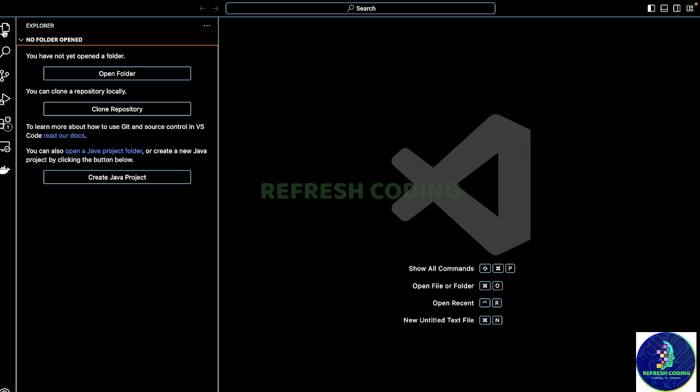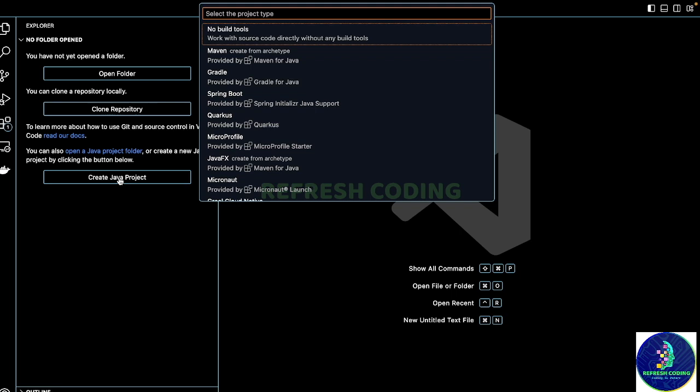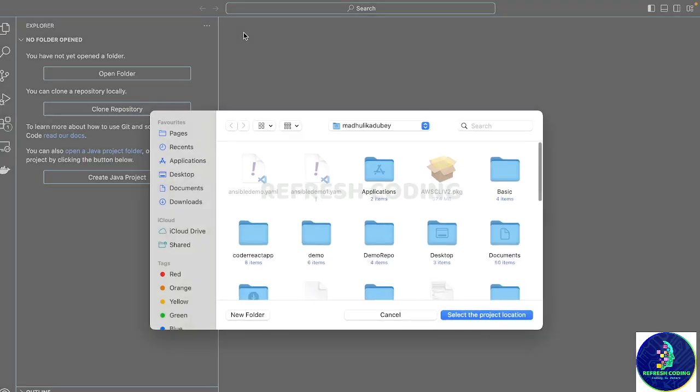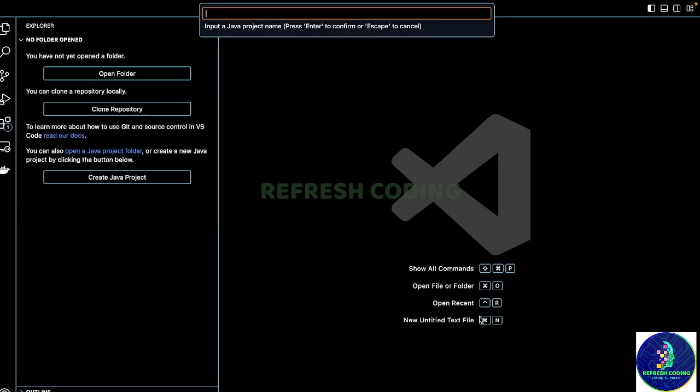If you go here, you can also open a Java project folder or you can create a new Java project. So we will create a Java project. After this, we can select which Java project we want, like we do not want any build tool, or we want a Maven project, Gradle project, Spring Boot, or what. Right now I will select no build tool because I just want a normal Java project. And after that, I will select the project location,